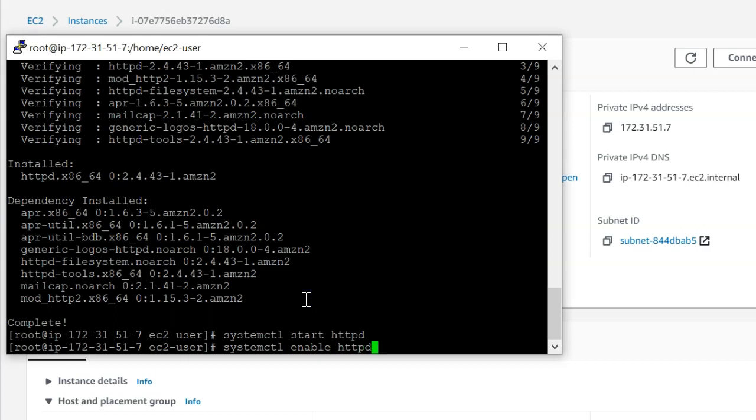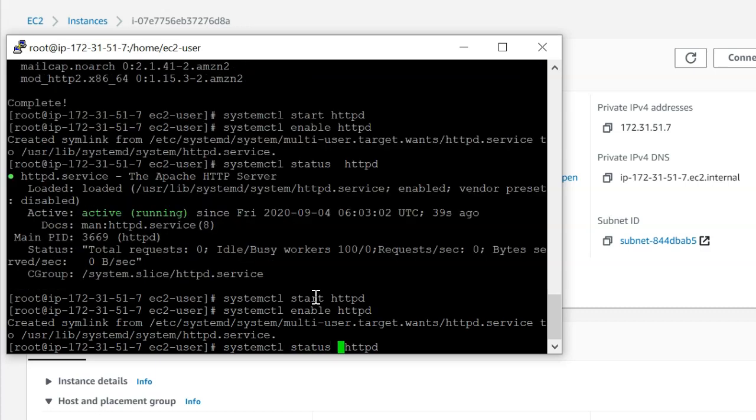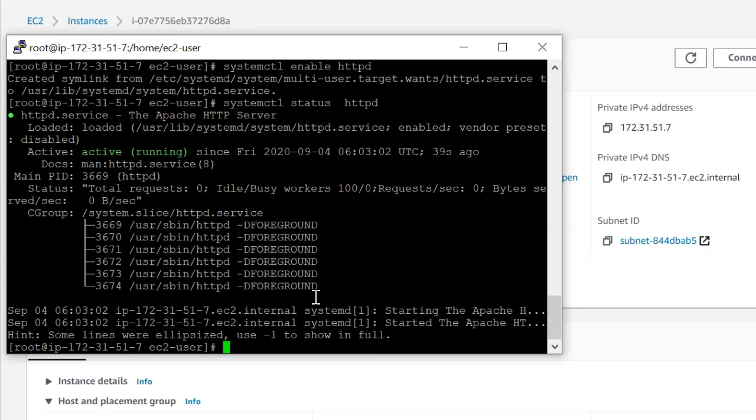Hopefully I'm not mistaken this time. Created symlink. All right, and now you can check the status of your web server as well. I'm going to type it like that, and you can see the status is active and in the running state.